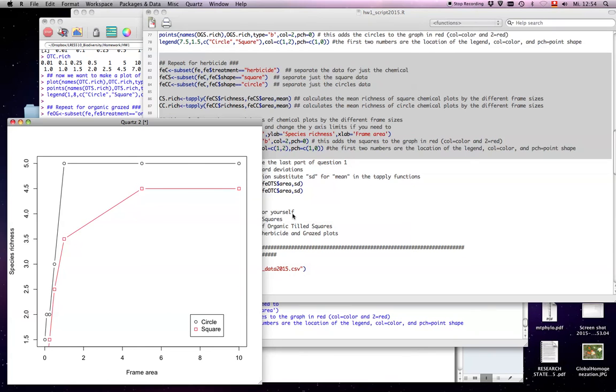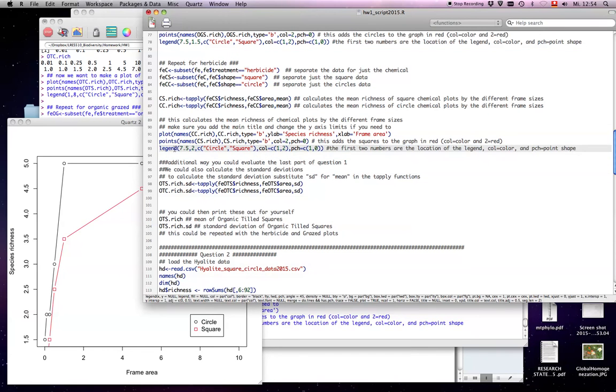We moved the legend in place a little bit so that it's not in the way, but basically the legend works here by 7.5 by 2, that's telling us we want it at 7.5 on the X and 2 on the Y. That's where it starts plotting it at. And then we have the same thing. So there's a little bit of how you could evaluate